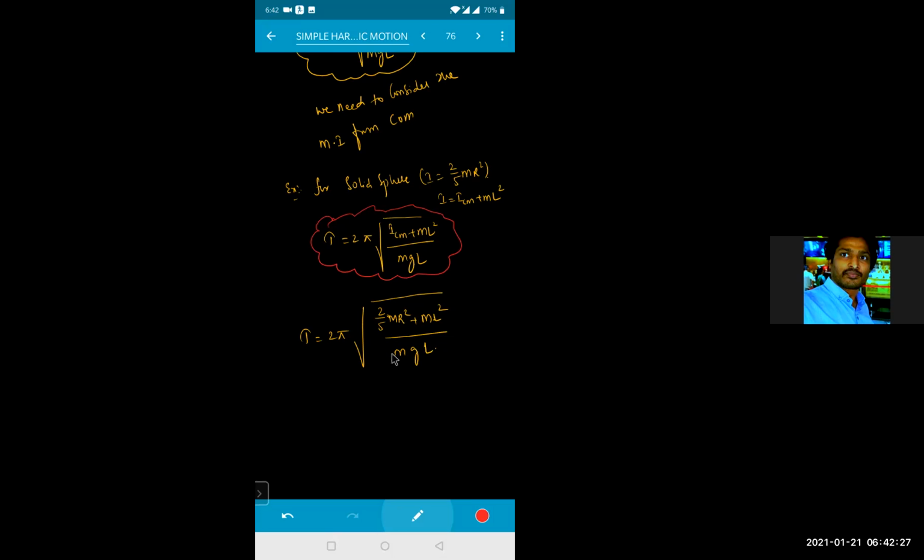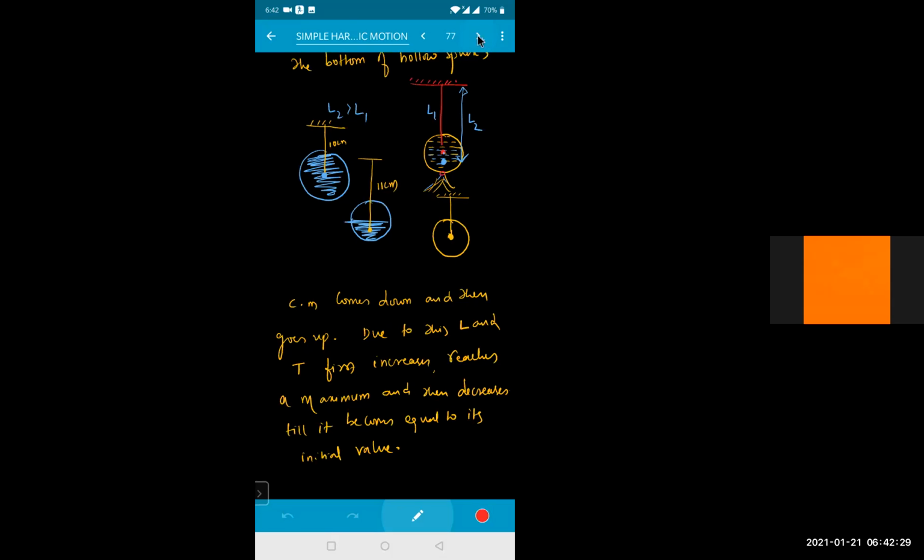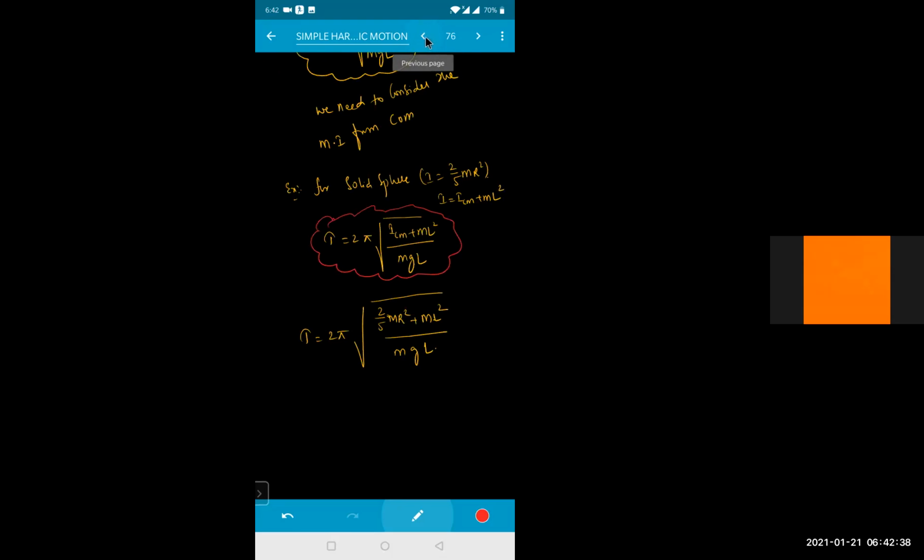Can you show that last final one? Yes, sir, one minute. This is your important relation in terms of moment of inertia. If it is a solid sphere, you take the solid sphere formula. If it is a hollow sphere, 2 by 3. If it is a ring, m r square. If it is a rod, m L square by 12. Go on like that, and then we have to add it with m L square. That's it. I'll do some applications also for that.